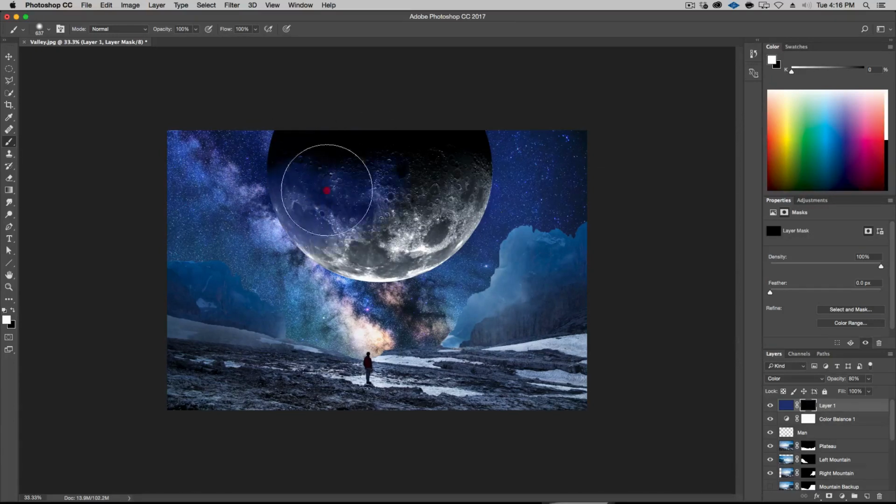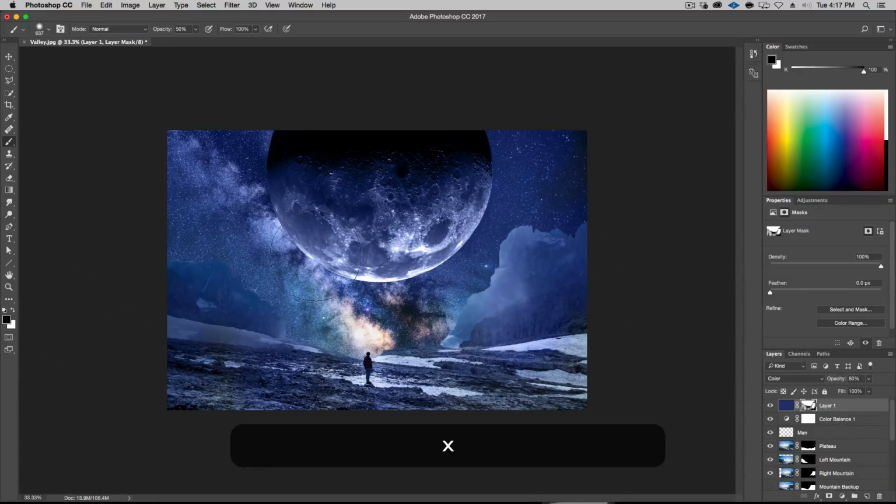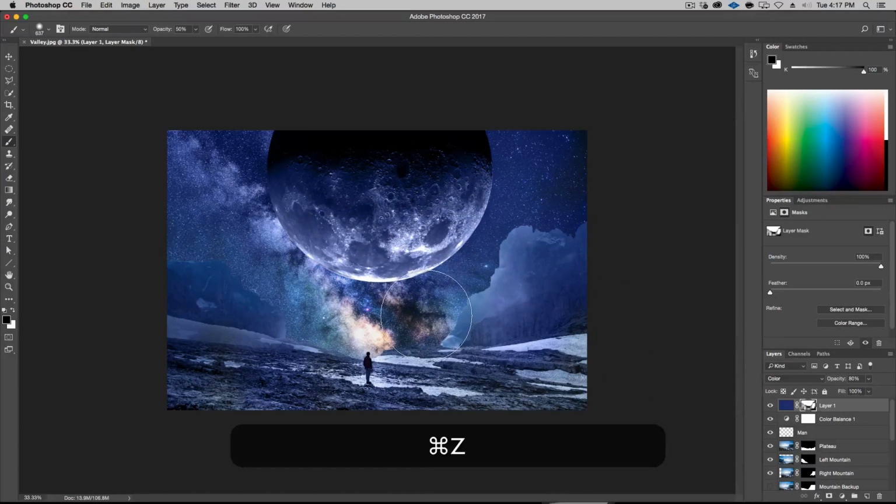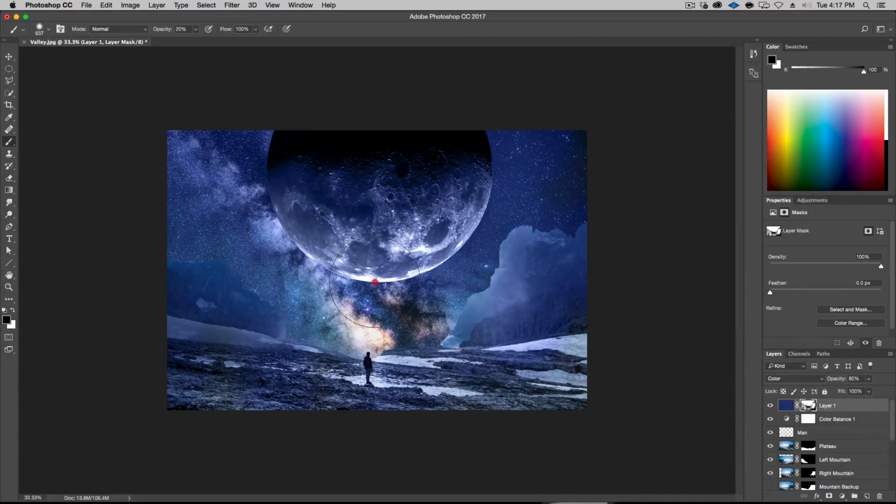And I'm just going to go ahead and brush over the areas that I really want to be transforming in terms of color. Let's turn this opacity down to like 50 so that I'm not completely eradicating all the color. That's pretty good. All right, something like that. It's a little too flat, and we'll fix that in a second. Maybe hide some of it over here. That's not bad. It's a little too strong. Let's undo that. Let's go 20% opacity. Bring some back over here. That's pretty good. I like that.